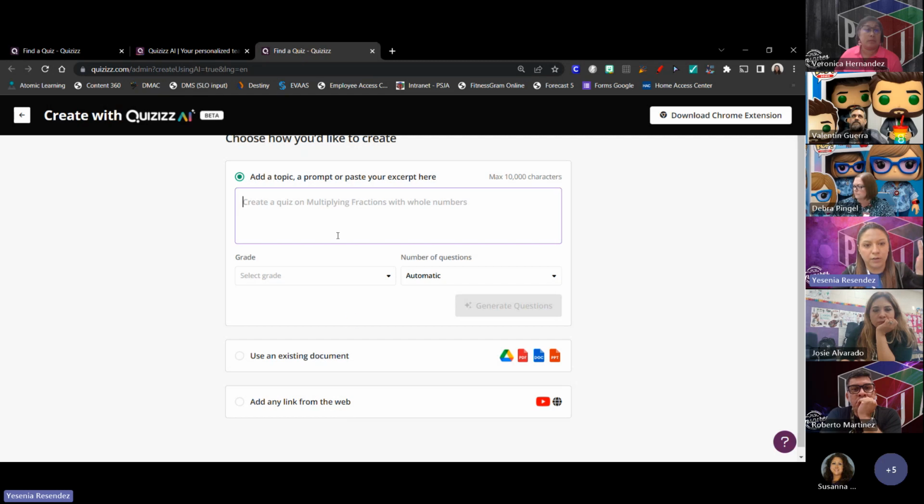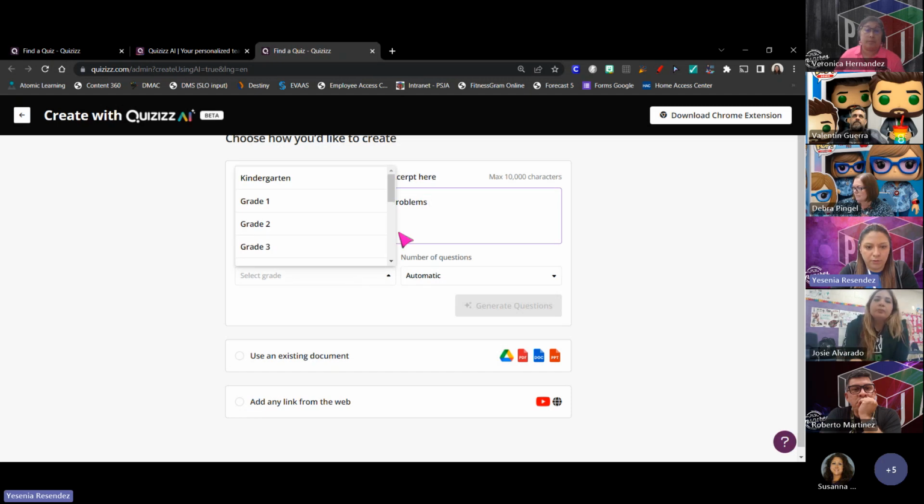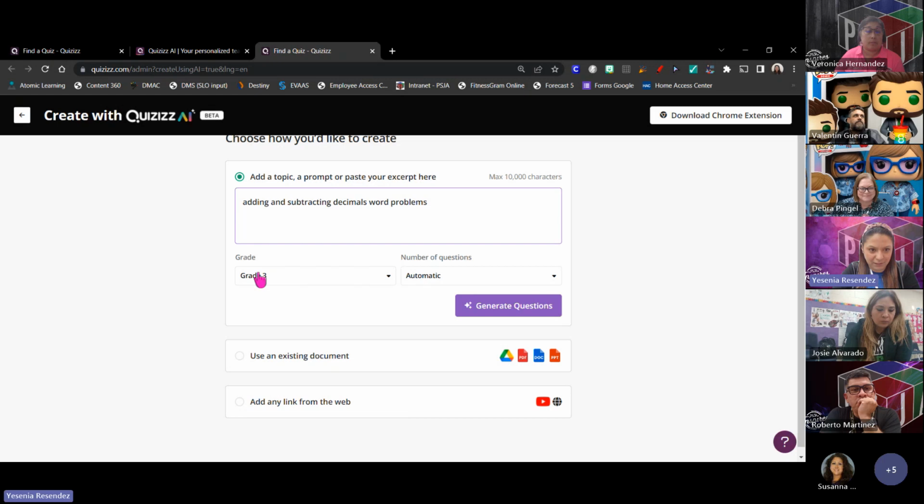And so I guess I'll go ahead and show you how it works. So we'll try first just generating something from the top of my head. I'm going to put adding and subtracting decimals word problems. And then I would select the grade level. Earlier, I was having trouble with my cursor, so just be patient with me. I'm not sure why it wasn't letting me select. Yeah, it's not letting me select 4th grade. I'm a 4th grade teacher, but we'll just try it with 3rd. Let's see what happens. And then I'm going to put 5 questions.